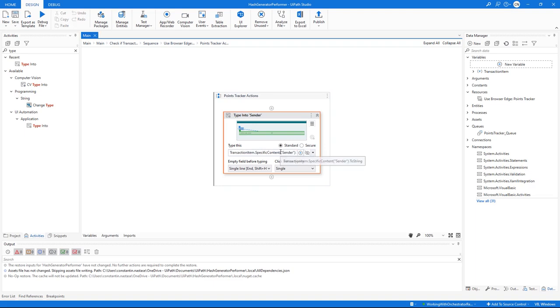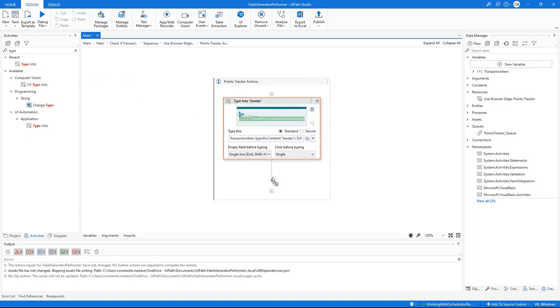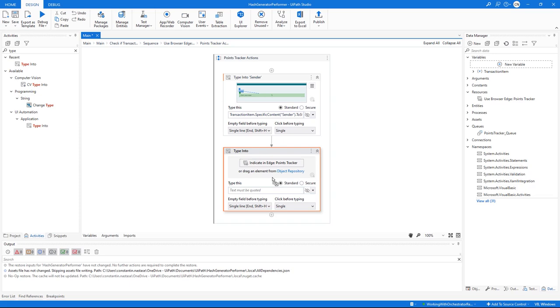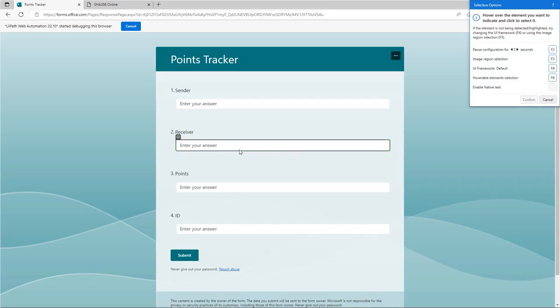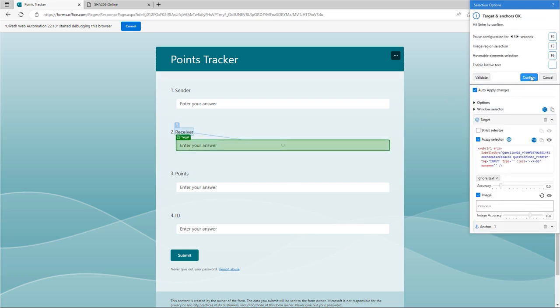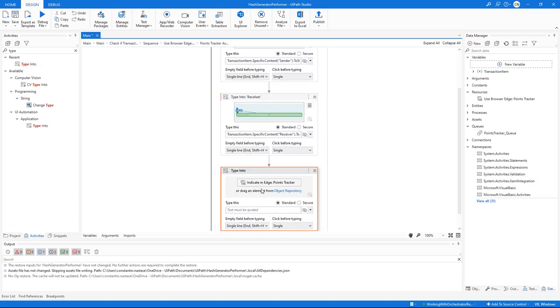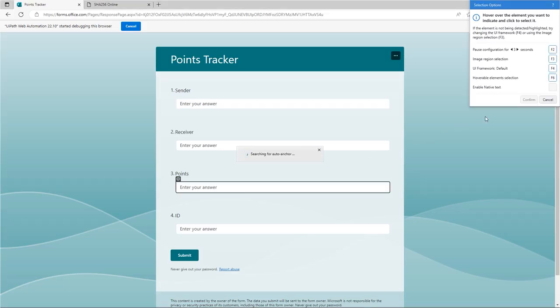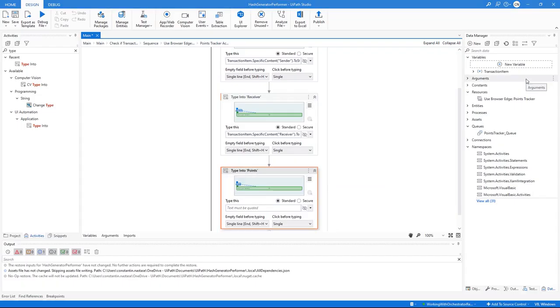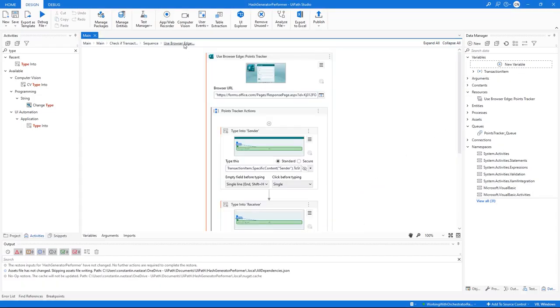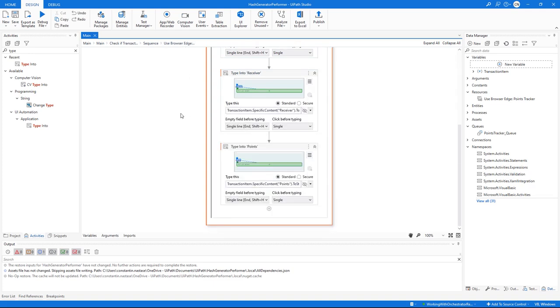We have 3 more fields to input to, so let's add 3 more type into activities. The first 2 are very similar to the one that we've just added. Let's indicate their corresponding fields and use the same expression, but just change the name of the field to receiver and points, respectively. But for the 4th type into, we need to get the hash and only then input it in the ID